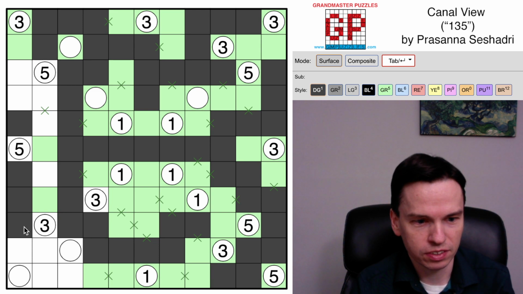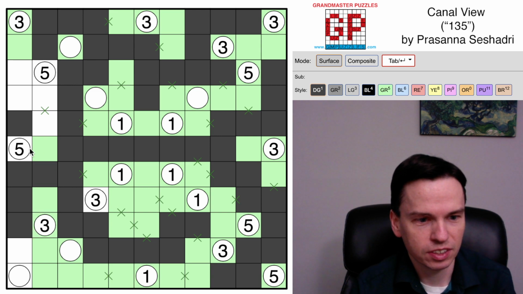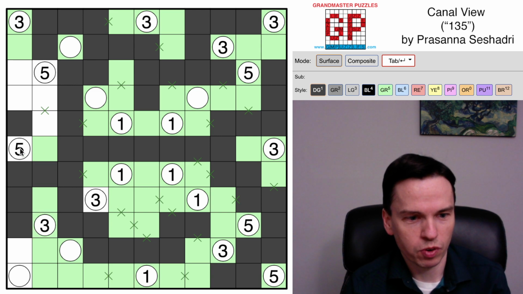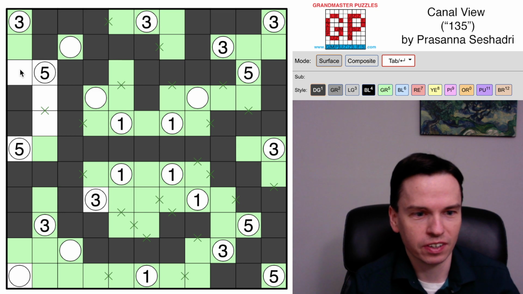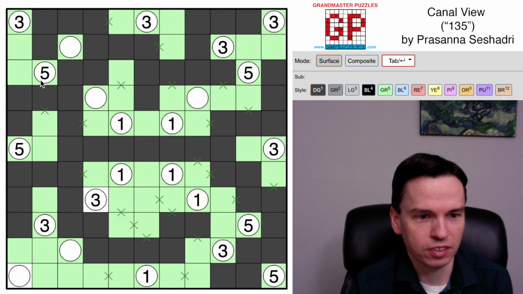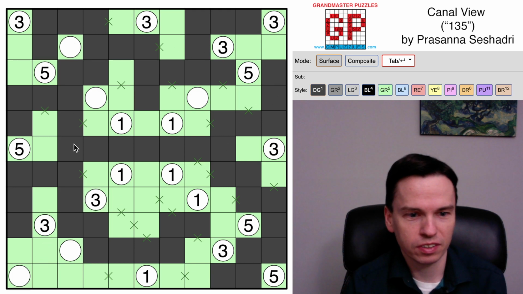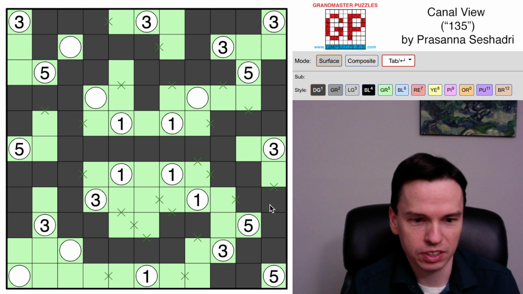This 3 always has to take this clue, but can't take any more coming down. This is for connectivity. I still need to get 1 more around this 5 clue, and the issue is actually taking this 4th cell as we talked about before, so it takes a 2nd cell here. Can't reach to this cell, but can take this to get out to 5 for the remaining clues, and we finish this puzzle. So a good Thursday challenge from Prasanna,